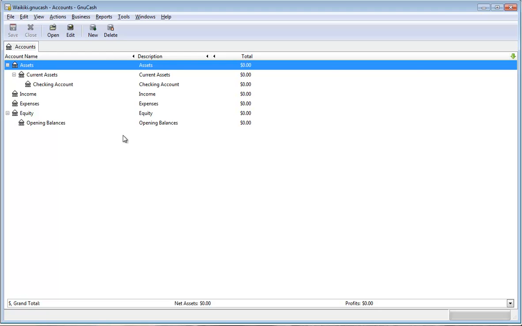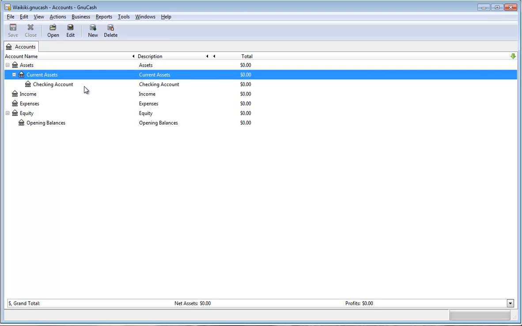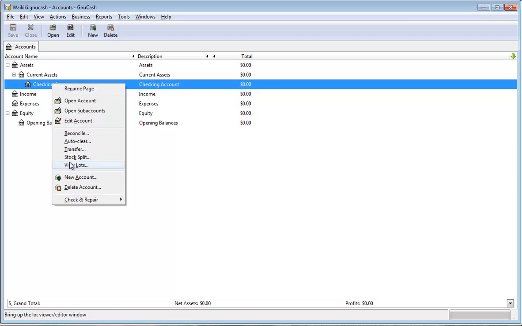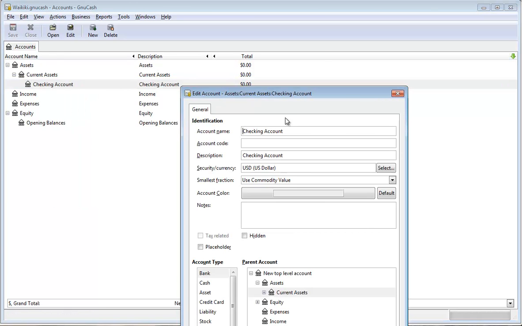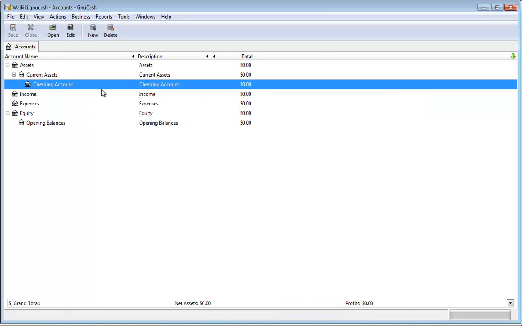Some of these fall into the current assets category and some of them are considered to be property and equipment. So what I like to do is create placeholders or titles and start creating the accounts that I need. Let's begin with the current assets. We know that in the current assets we don't have a checking account for this problem, but we do have a cash account. So I decided to change the name to cash account